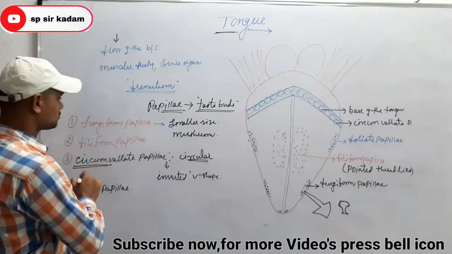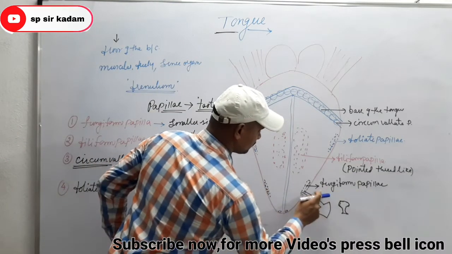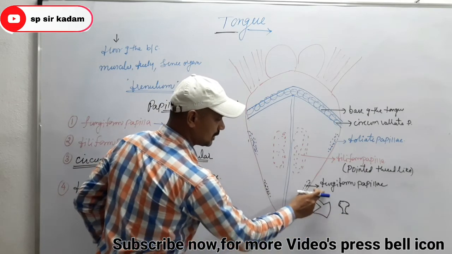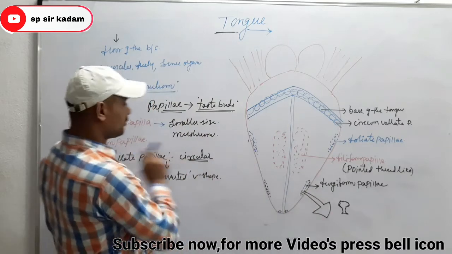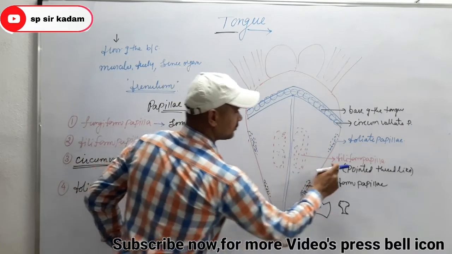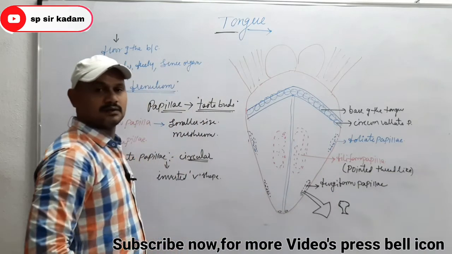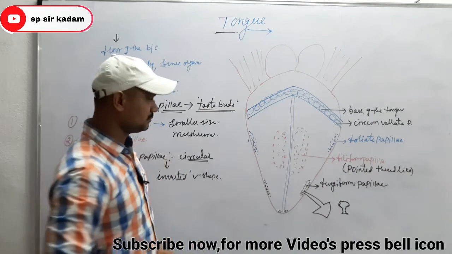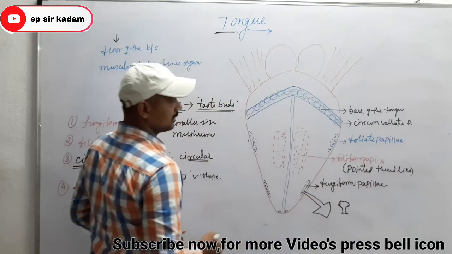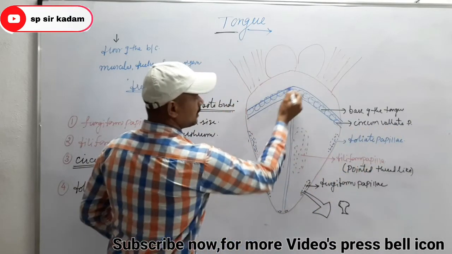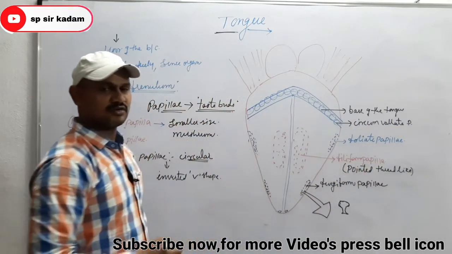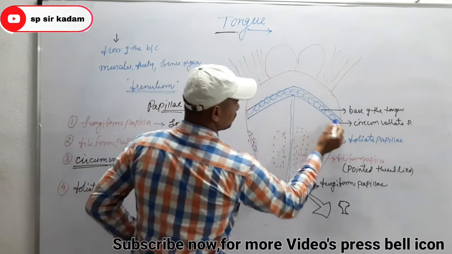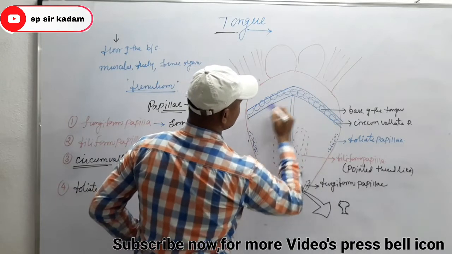Remember, 4 different types of papilla. Fungiform papilla: first, anterior margin and the tip of the tongue, mushroom shape, small in size. Then filiform papilla: entire surface of the tongue, the smallest papillas, their count is maximum, pointed thread-like structure. Then circumvallate papilla: arranged at the base or posterior part of the tongue, circular in shape, very few in number, arranged like an inverted V shape.